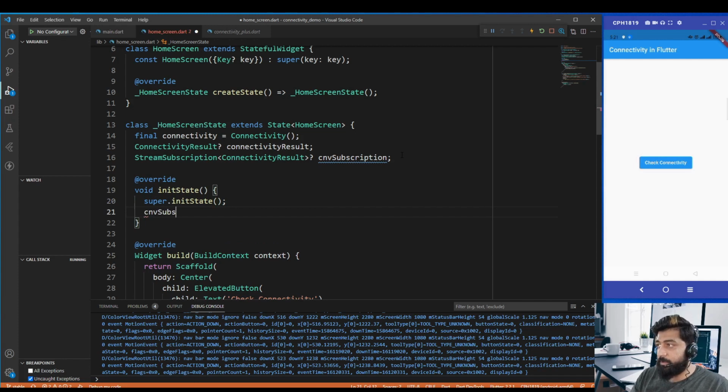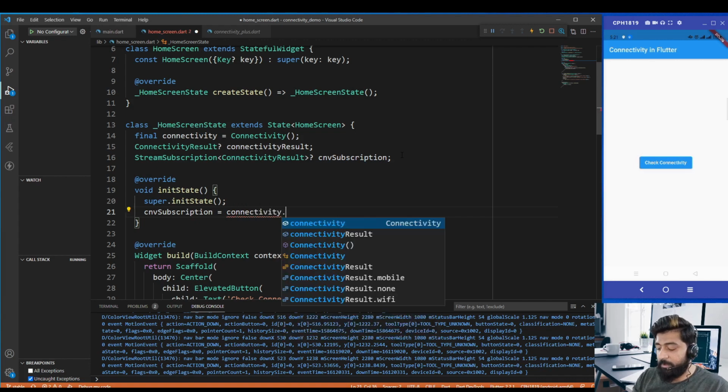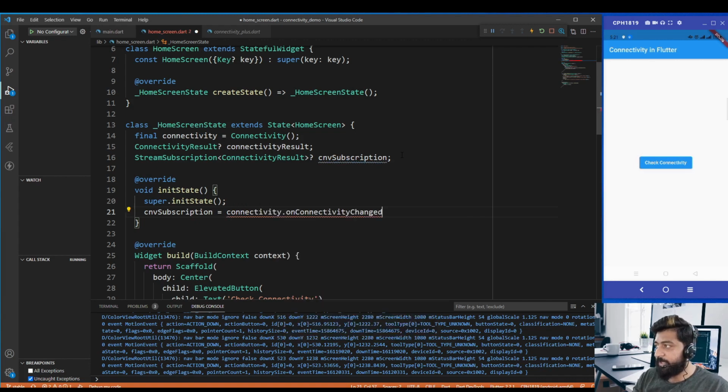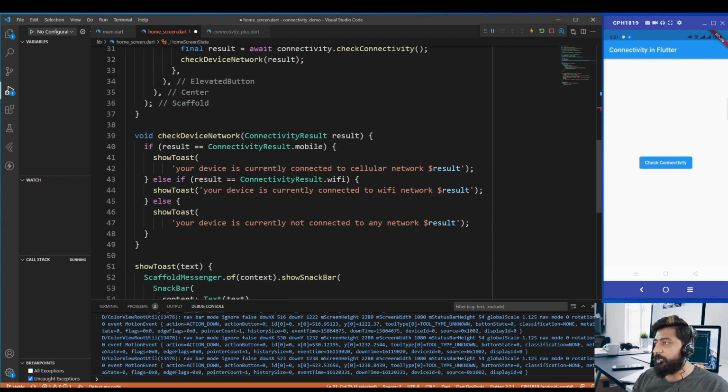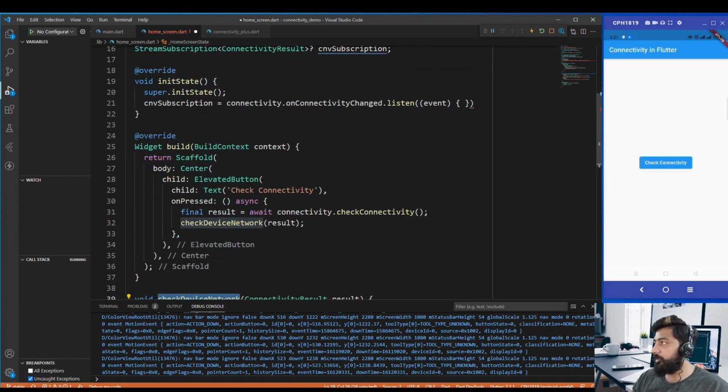CNV subscription is equal to connectivity.onConnectivityChanged.listen. This listen method will take a function, so we are going to pass this check device network function in this listen method.